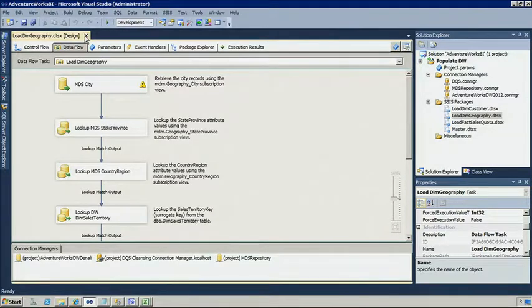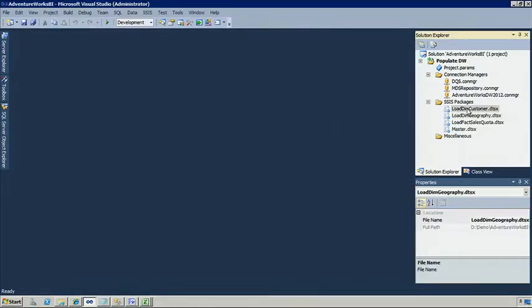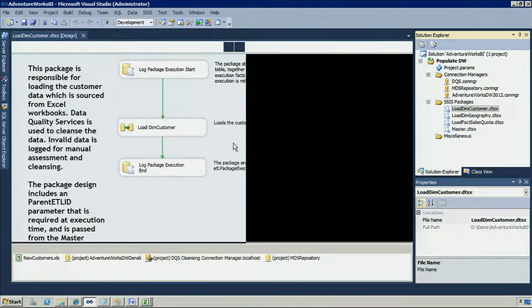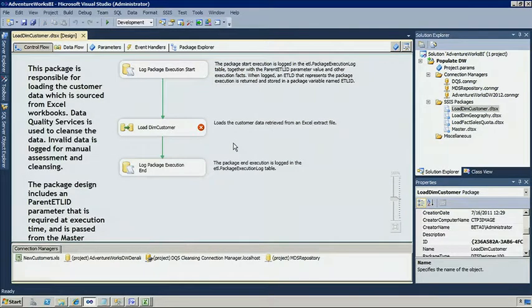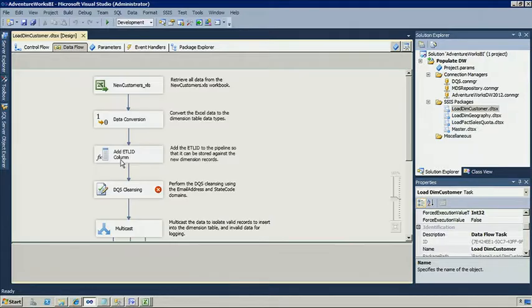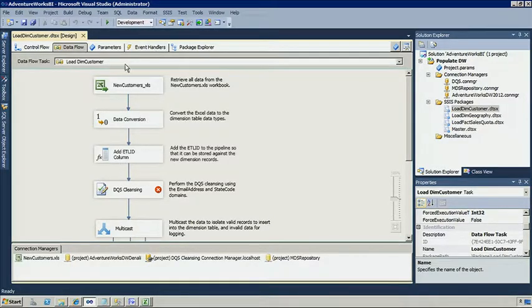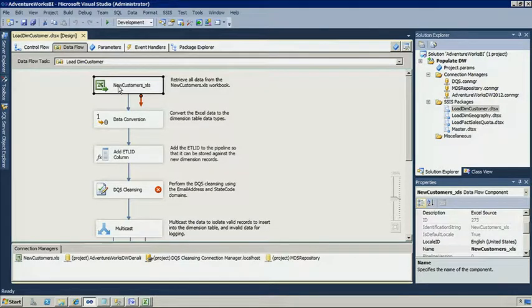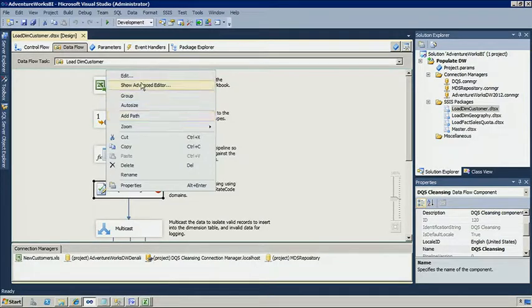So across here in my integration services project, I have a package to load the customer dimension. Now it's partially built. You'll see there's actually an error for the data flow itself because it needs to be configured. So I'm bringing in all of those 20 Excel new customers. There's various transformations that need to take place, but at this point we're ready to go ahead and correct the data if necessary. So to configure this,